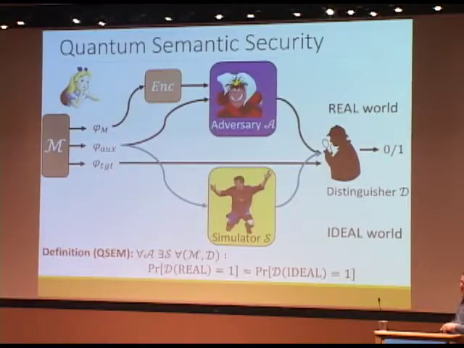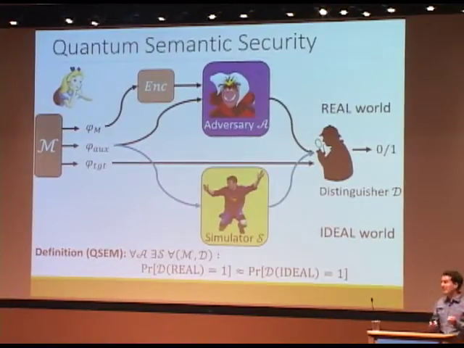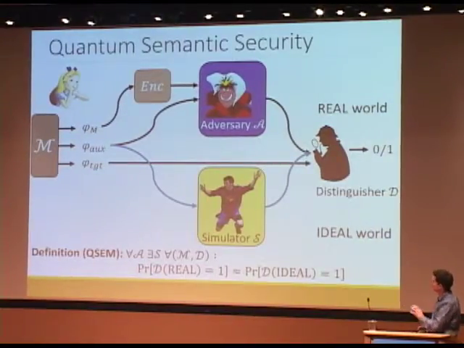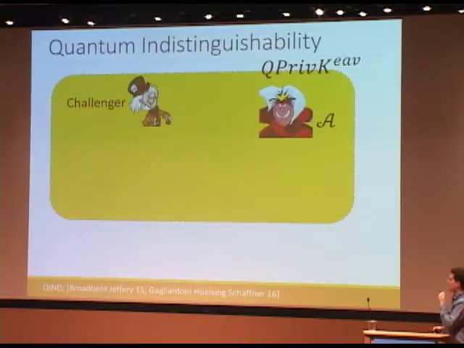Now once you see it, you think, oh yeah, obviously, but it turns out there are many little details you can change here, and that give you different notions, so it's quite tricky to actually come up with the right one. And why we think we do have found the right one is because we can also show equivalence to the quantum version of indistinguishability. So this one is easier. Just the same thing as before.